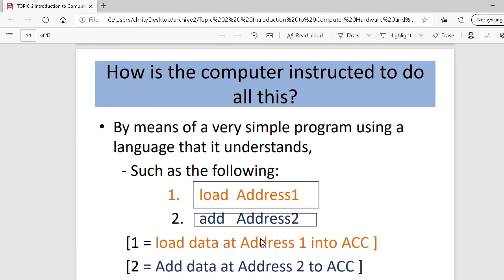So the big question now, and hopefully this is yet another piece of the jigsaw that we need to understand. How is the computer instructed to do all this? Well, the answer is by means of a very simple program using a language that it understands. In other words, a language just consisting of ones and zeros. So the first instruction I'm going to use, and the computer will know how to obey this instruction,